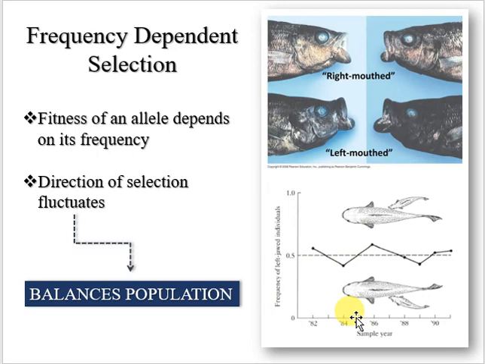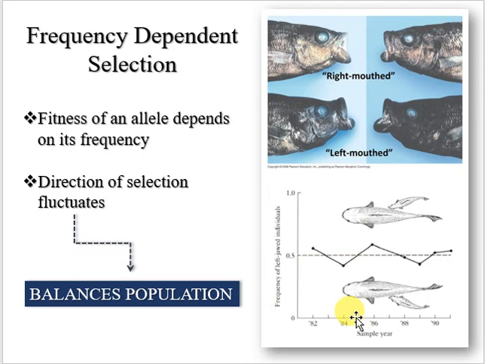But the reason for such is that the direction of selection fluctuates. So first, selection will favor one allele, and then it favors the other. So that's frequency-dependent selection. The fitness of an allele depends on its frequency of occurrence